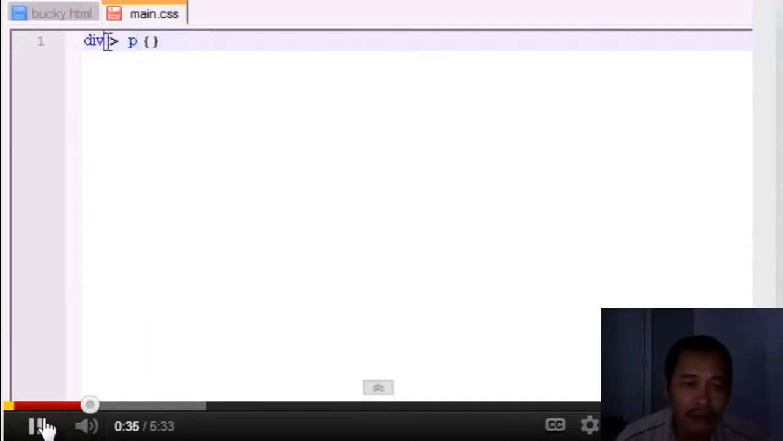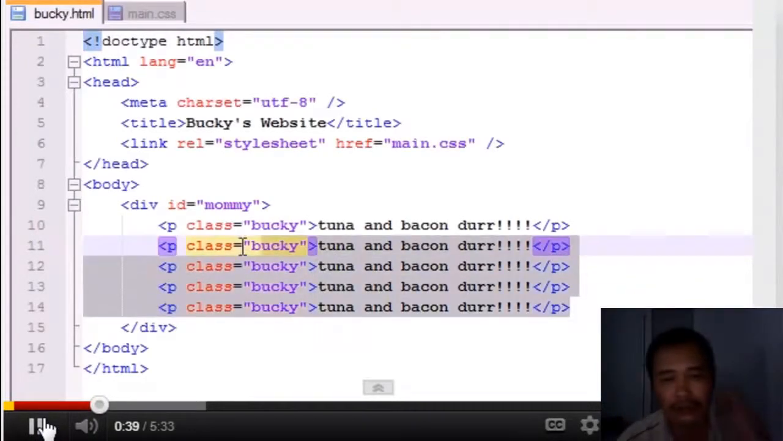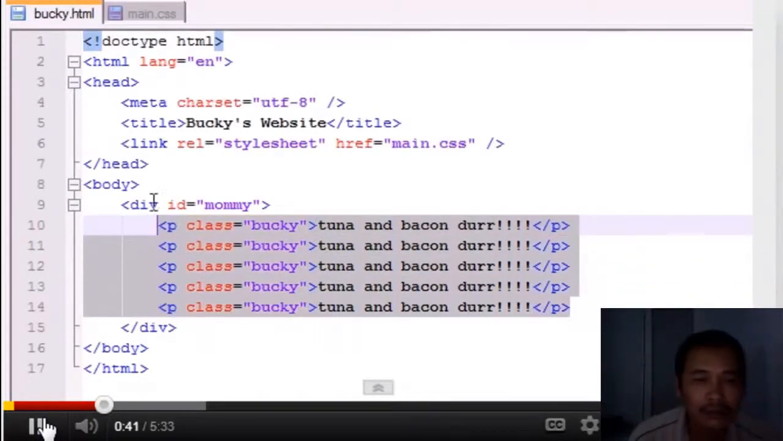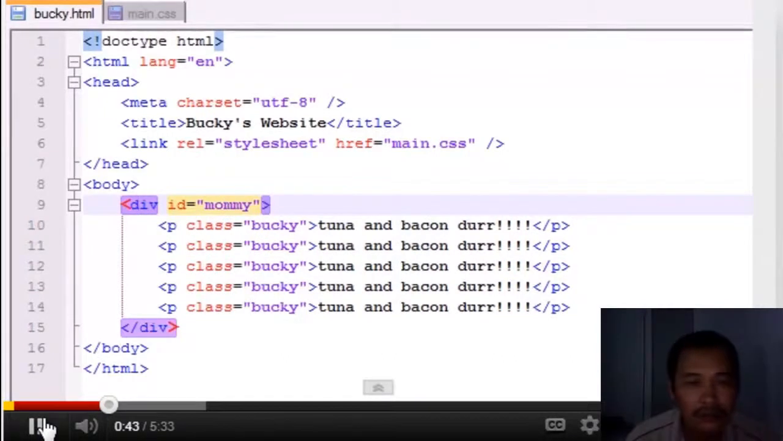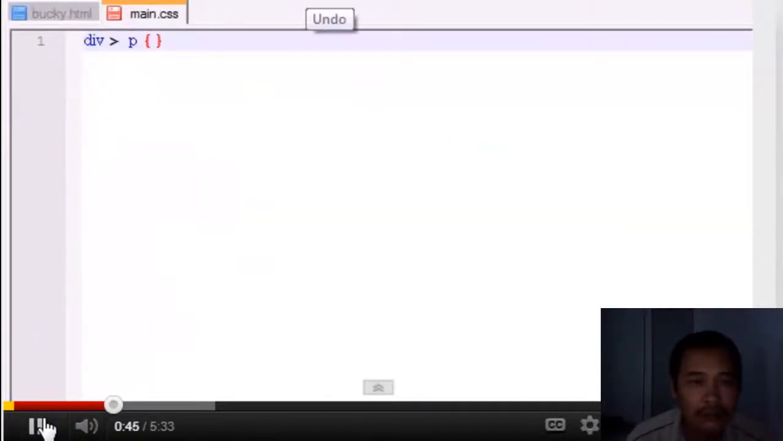As a div as its parent. So if we look, all of these paragraphs have a div called mommy as their parent. So let's go ahead and apply a rule. I'll go ahead and color this